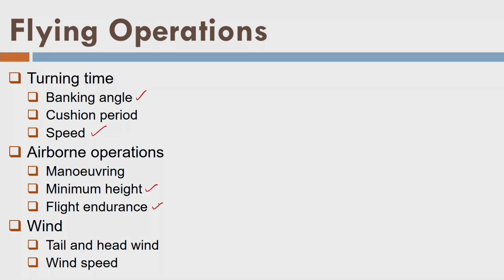Then flight endurance. What's the meaning of flight endurance? We have a certain capacity of flying in the air, and in general, whatever aircraft we use, they have a capacity of around 4 to 6 hours, according to the fuel capacity of that aircraft. So within 6 hours, the aircraft has to take off, acquire the data, and again come back to the airstrip. So this flight endurance we should always consider when we perform the data acquisition in the air.